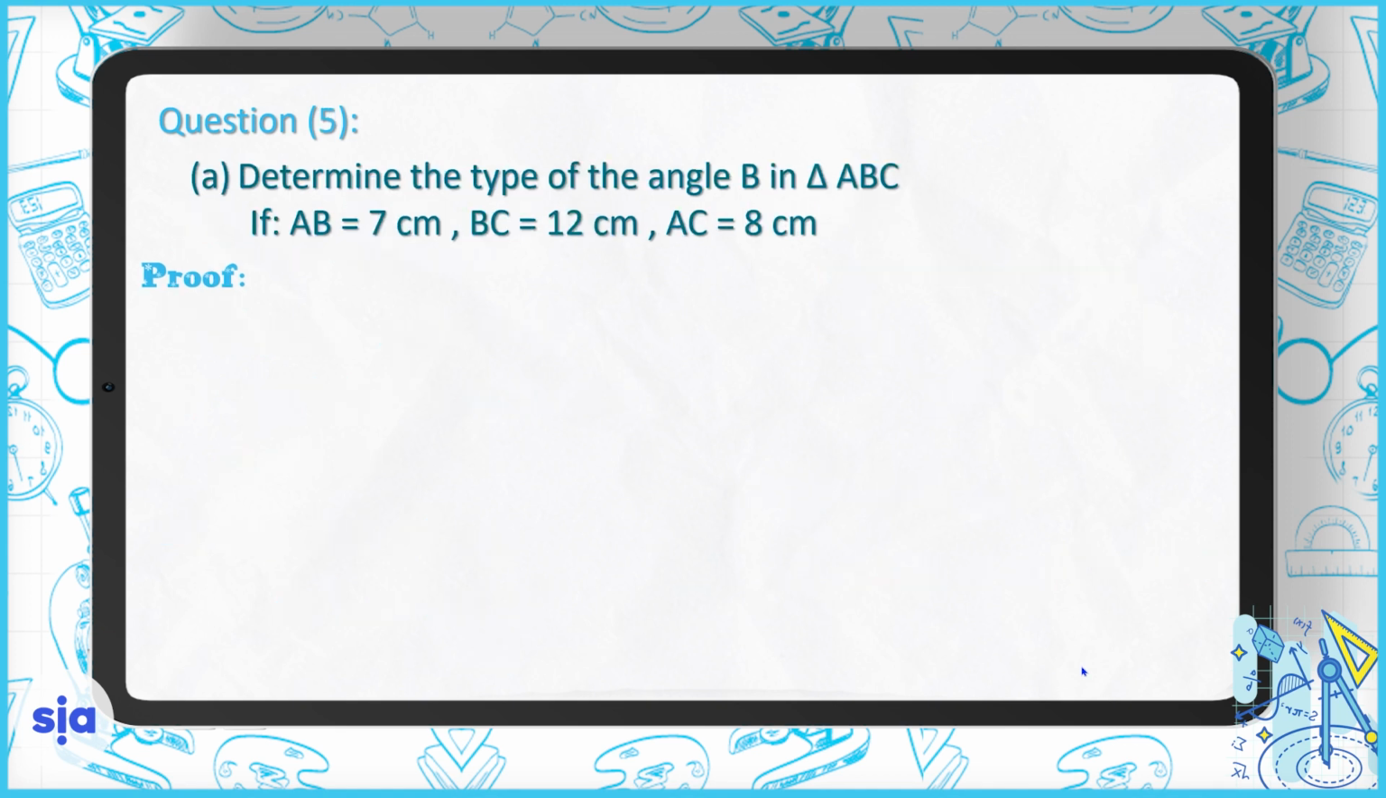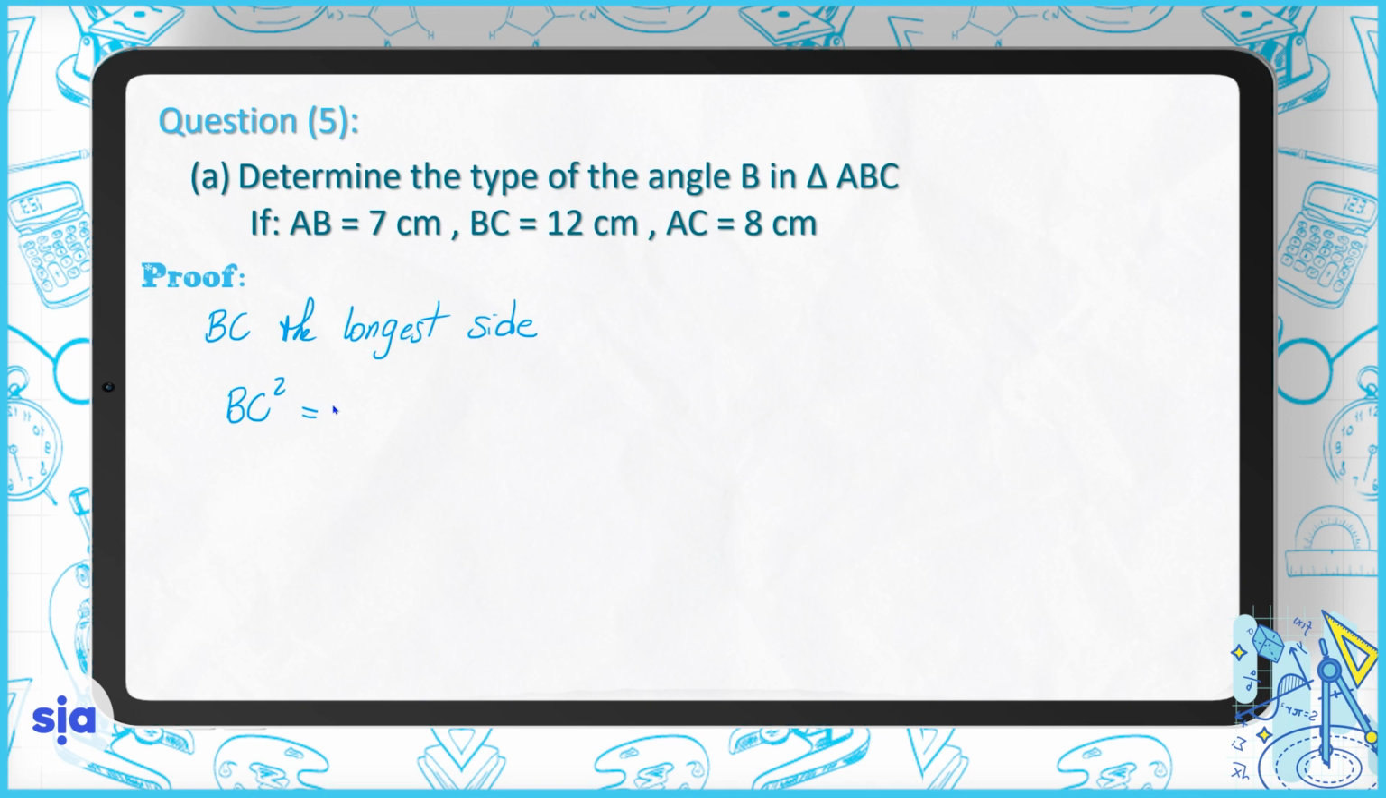Question 5a. The question wants me here to determine the type of the angle B in triangle ABC, where AB is 7 centimeters, BC is 12 centimeters, and AC is 8 centimeters. As long as BC is the longest side,